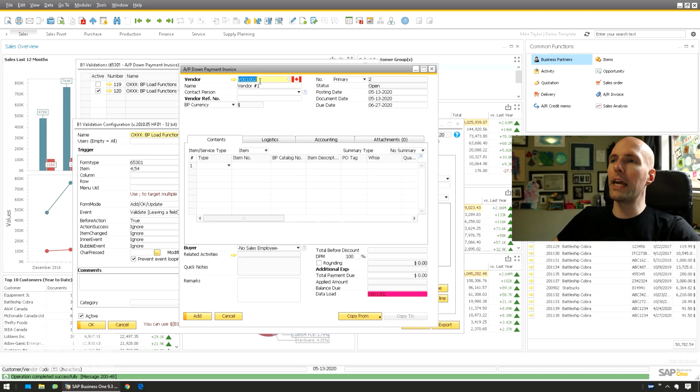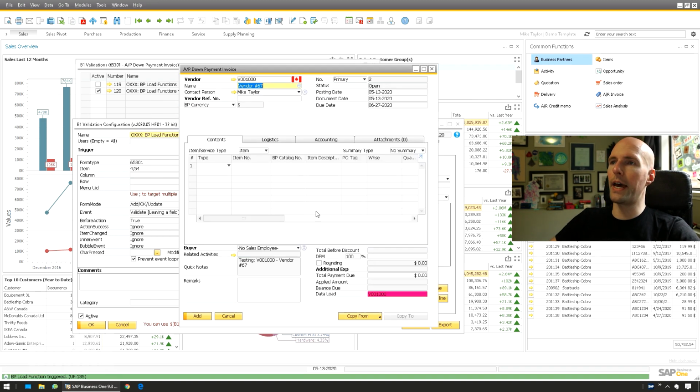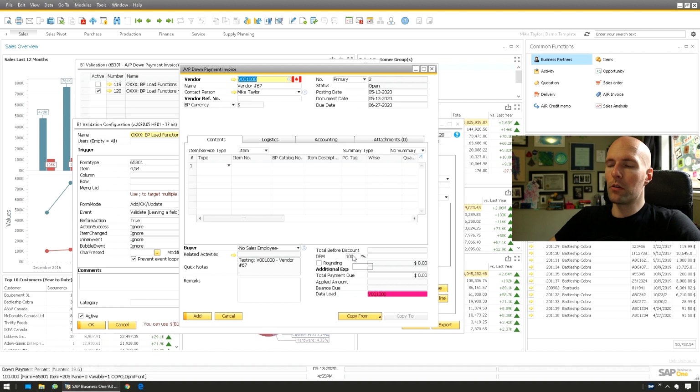So now if we run this again, let's switch this back to vendor 67, tab. See, it runs it here. Again, this could be whatever you want. Boom, puts the information there and you're good to go. So this could literally be any function you want. That's just a quick example there.